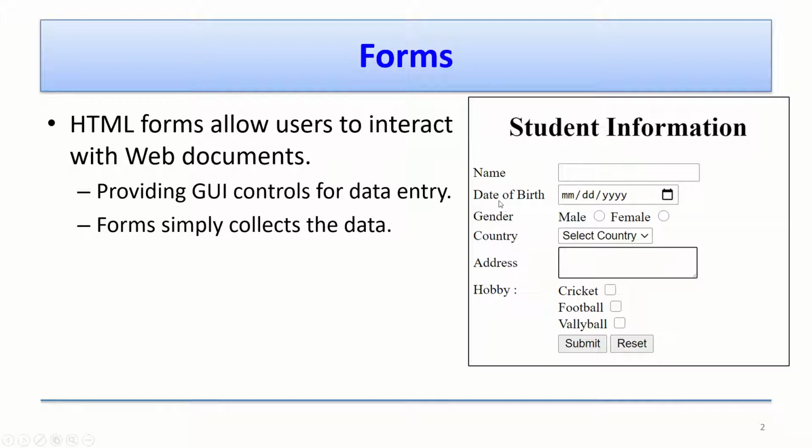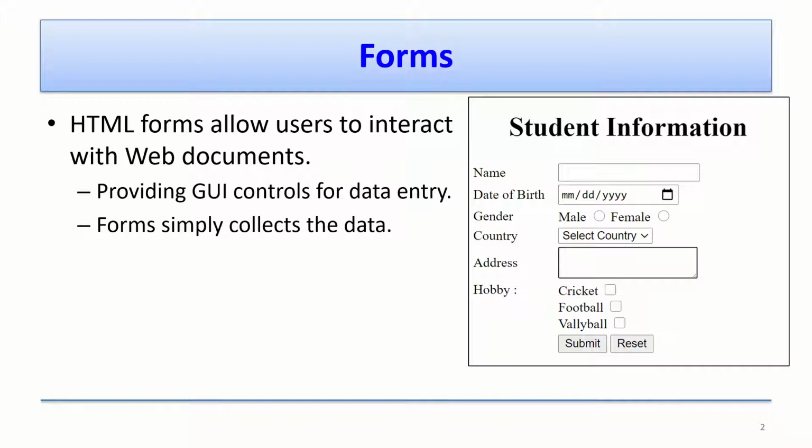This is called a text box, and here is date of birth. Here we can select the relevant date from the calendar. So there is a calendar, and then here the student can select the gender. We call these radio buttons. With radio buttons, they can select one of them. And then here we have a drop down list. In the drop down list there are several countries, so you can select the relevant one,